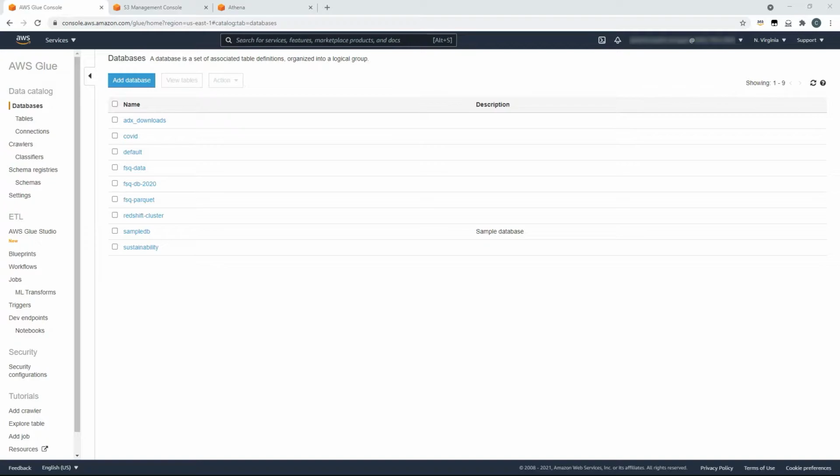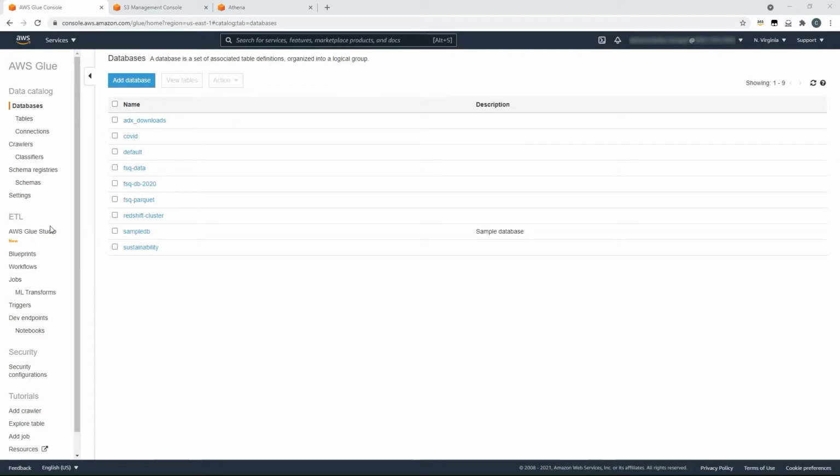It provides governance across your data in the shape of a data catalog, and here you can manage your tables and connections to different data sources and targets like data warehouses. You have crawlers to help infer the schema of the data in these sources and targets, and you have schema registries to help you manage that data.